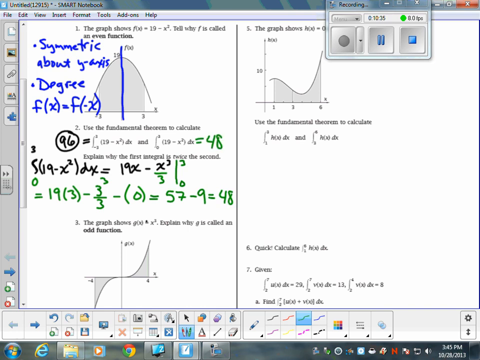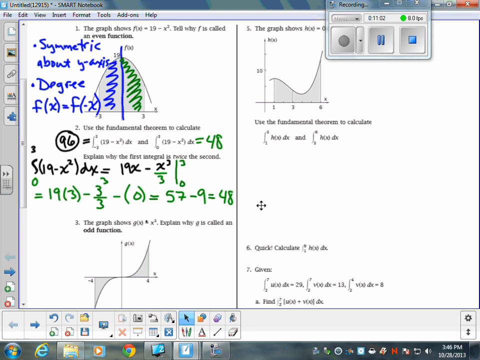Well, 48 is exactly half of 96, or twice 48 is 96. So why is that the case? Well, that is the case because we are even. That means that this green area is equal to this blue area. Those areas are going to be equal. If I'm even, I'm symmetric at the y-axis, the area on the right of the y-axis will be equal to the area on the left of the y-axis,